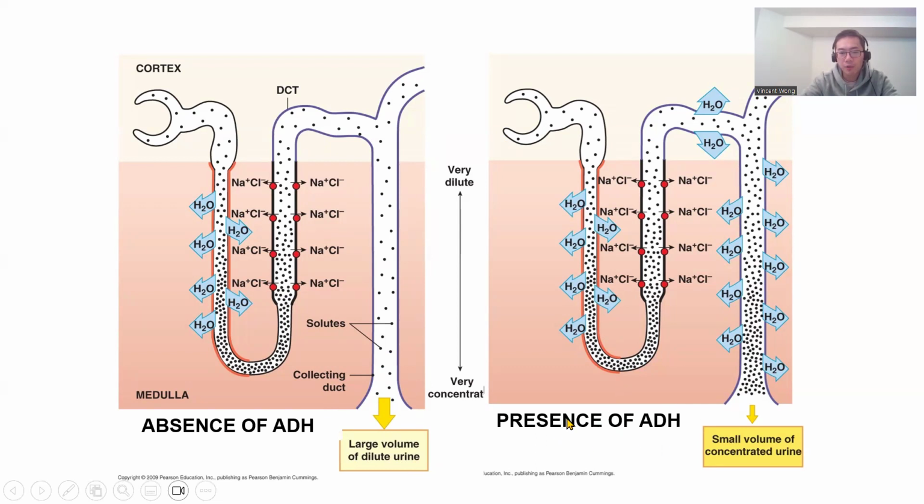On the other hand, if you are dehydrated, then your pituitary gland will release the ADH. Same thing happening in the loop of Henle, no changes. But then we are going to be absorbing water in the distal tubule and the collecting duct, which normally does not happen. But in the presence of ADH, anti-pee hormone, anti-diuretic, you need to conserve the water. So you take out as much water as you can,